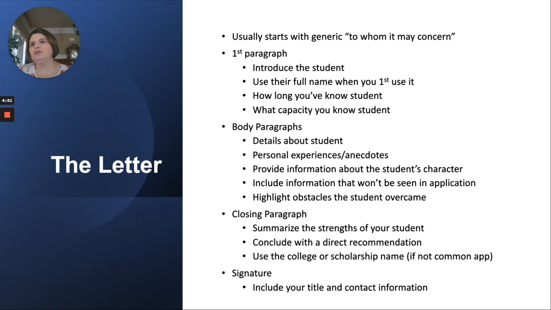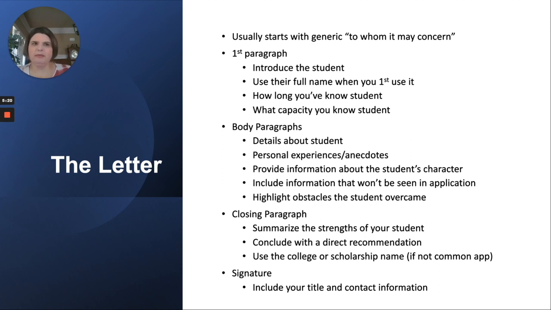If the student has overcome certain obstacles that they're okay with you sharing, for example, maybe the student had some learning difficulties, or maybe the student came in behind and then really worked hard to catch up, or maybe this student is a really overachiever, but music didn't come easy, and so they worked really hard in your class. But sharing details about the student will really help create a full picture of this student. And you can do that in the body paragraphs.